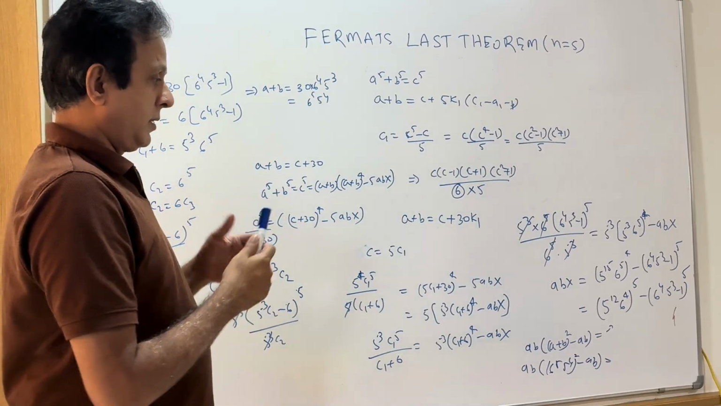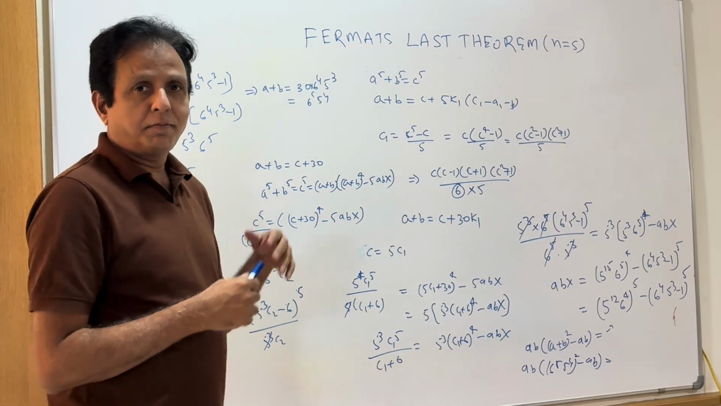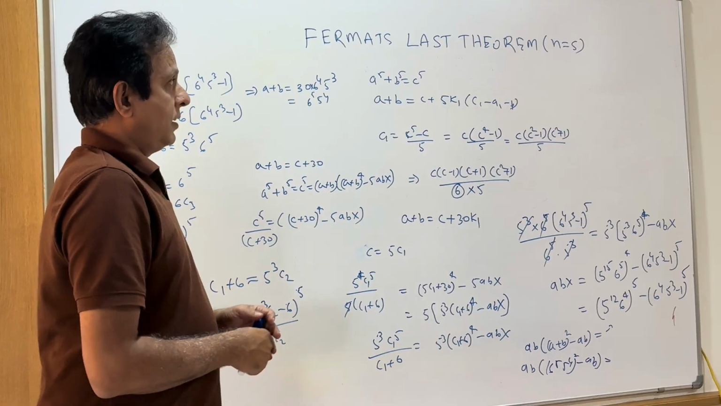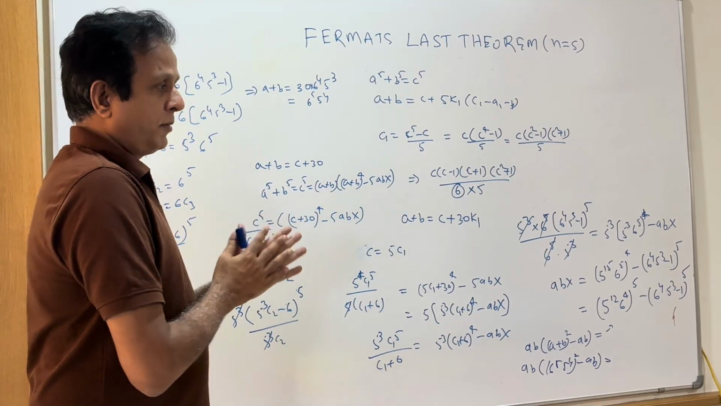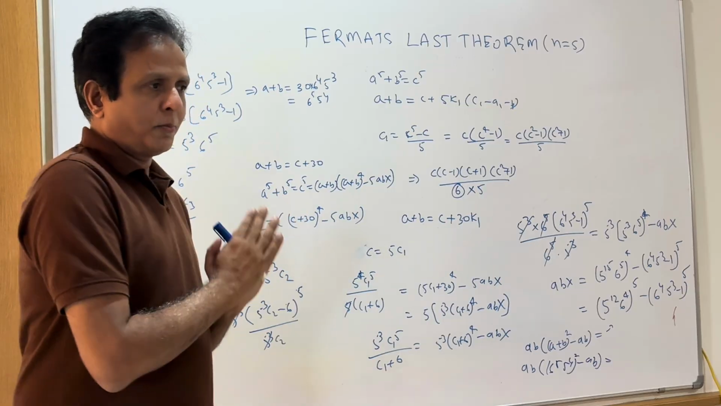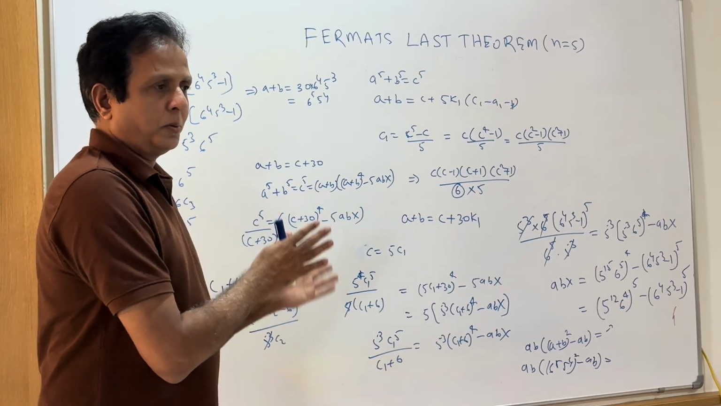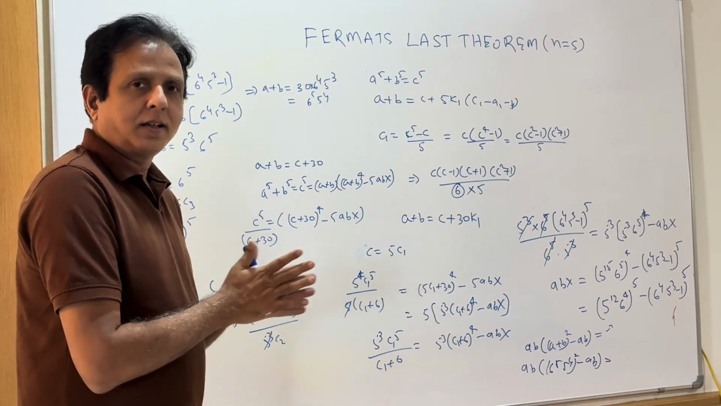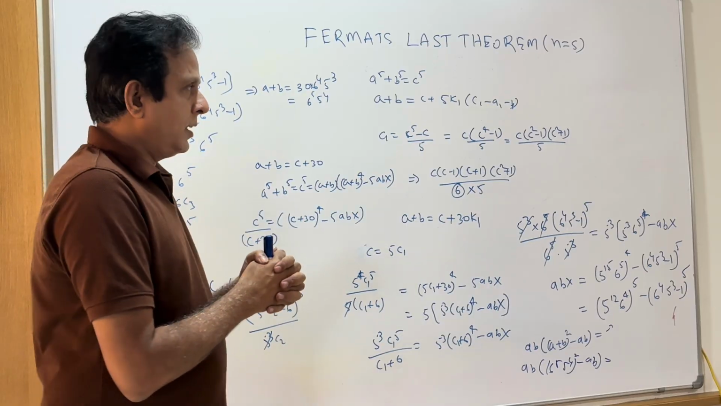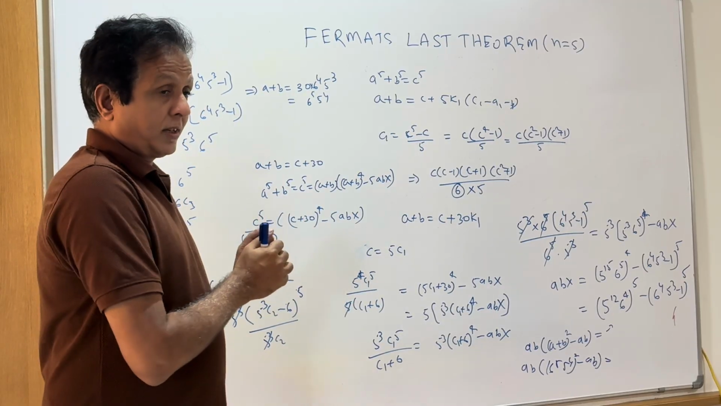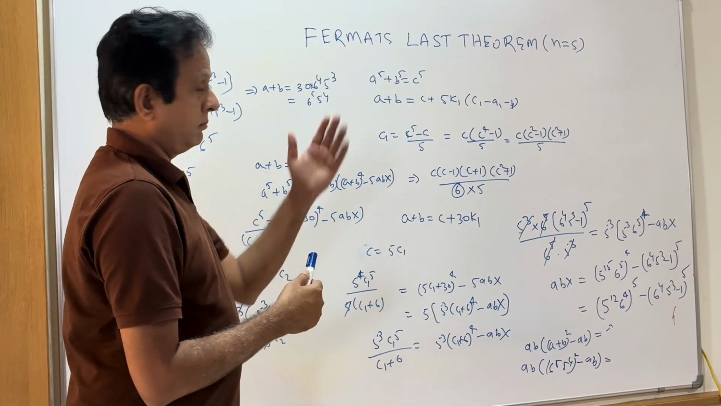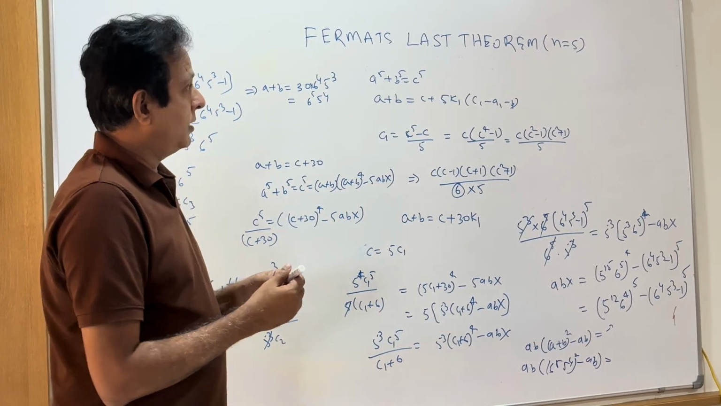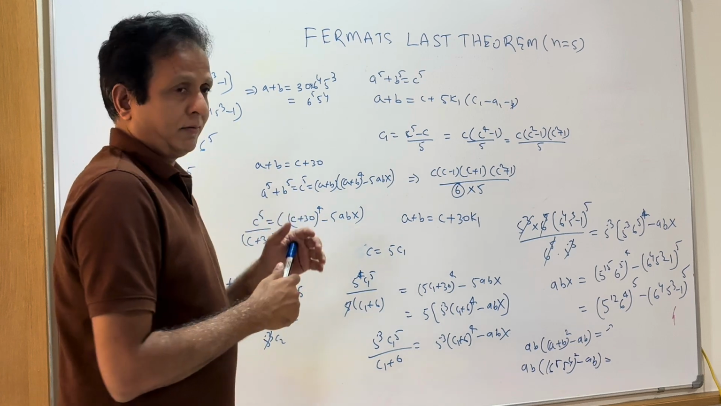So today, in this video, we are going to discuss Fermat's last theorem for power 5. 5 is a prime. We have discussed powers 2 and 3 so far in my previous videos, and we have also discussed the proof for when the power is an even number. Okay, so today we are going to discuss